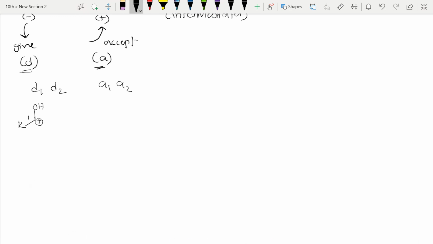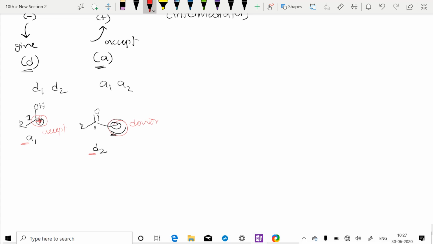So on the first carbon it is electron deficient, so we show that as the A1 synthon, right? Similarly, let me take one more example. RCO, second carbon, negative charge. The functional group should get 1, and on the second carbon there is a negative charge, so it is called D2, because negative charge means donor. Positive charge is the acceptor. So acceptor means A comes, donor means D comes.